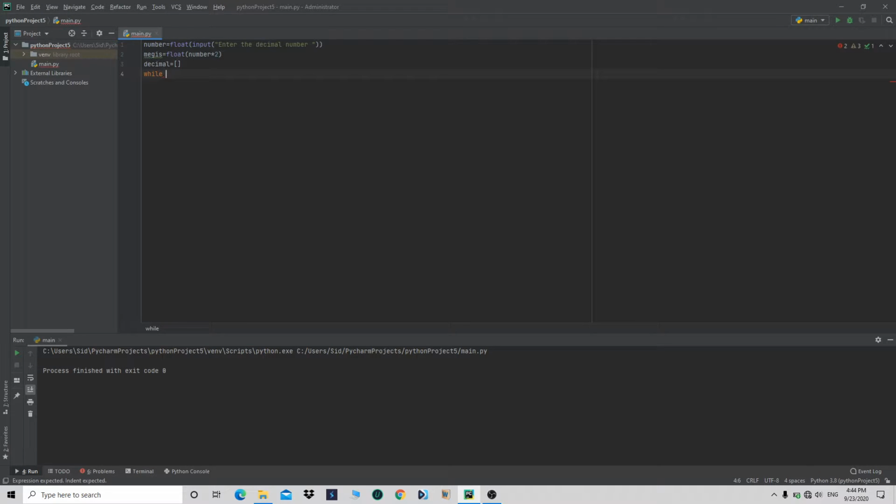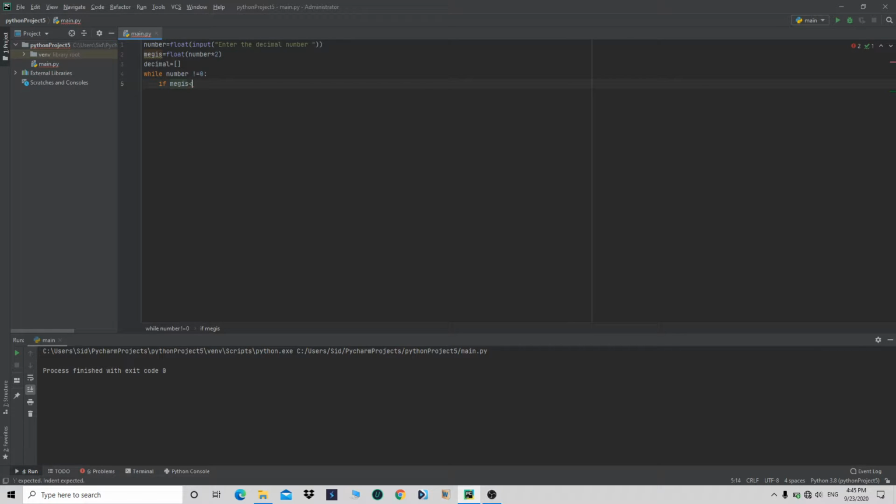Now in the fourth line, I'm going to run a while loop for our variable number not equal to 0. It means that it's going to break when it comes out to be 0, otherwise it's going to keep repeating itself. And I'm going to write this: if the number is